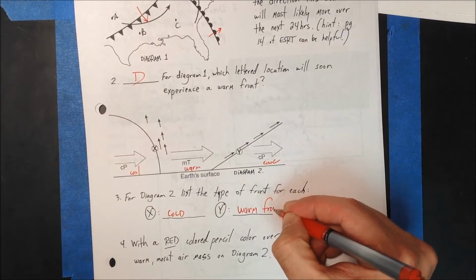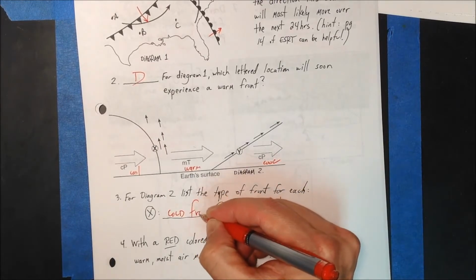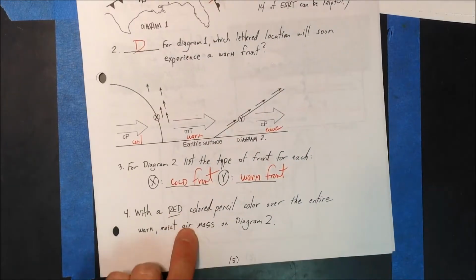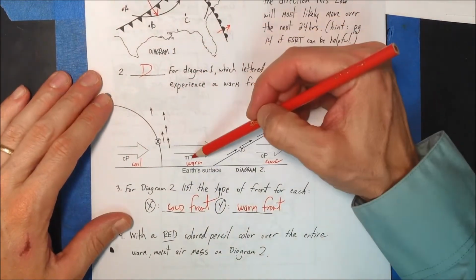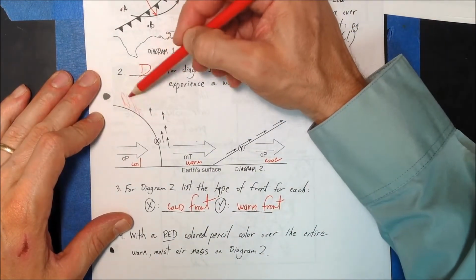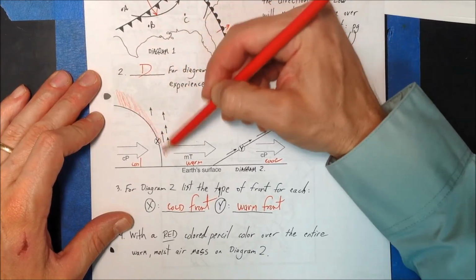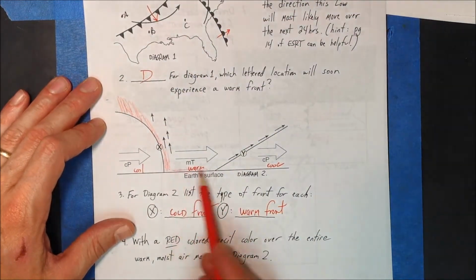Warm front, cold front. With a red colored pencil, color over the entire warm, moist air mass on diagram 2. I think I have some red pencils here. Here we go. So the entire warm, moist air mass, MT. So it's kind of this. Again, our coloring here is not about